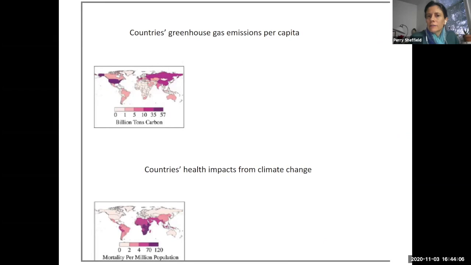And we know that the effects of climate change are not equally distributed. Both the contributions of greenhouse gases, represented on the top graph, the darker shaded countries have contributed higher emissions per capita to our carbon history of emissions. And we know that certain gases like carbon dioxide have very long half-lives in the atmosphere. So once we've burned stuff, it's up there for decades, if not centuries.